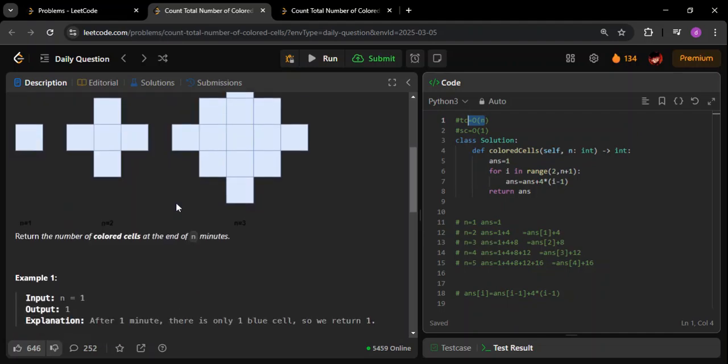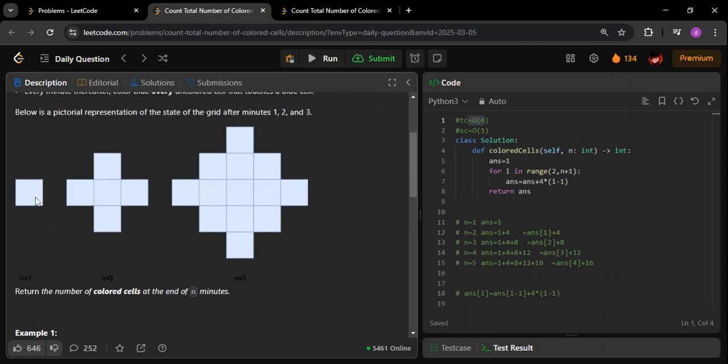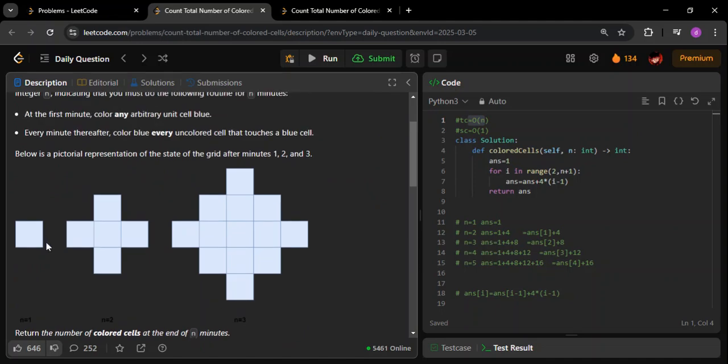So basically, if you see the input, you are just given a value n. The n will tell you that this many number of minutes are there in this game. In the first minute you will be given a single square like this. That is a single colored tile. In the second minute onwards, and so on, from every minute after the first minute, what will happen is